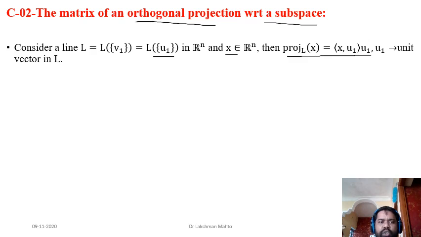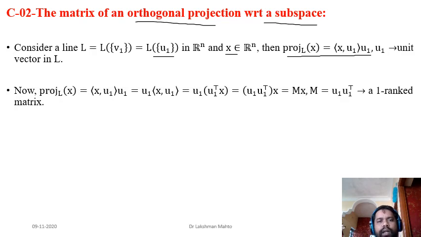Okay, and u1 is the unit vector in the line L, or you can simply say that u1 is the direction of line L. Now, how can you find the matrix? Also, this projection is an orthogonal projection. It is a linear transformation. So if it is a linear transformation, our job is to find the matrix of that linear transformation. And we will see how easy it is to find it with respect to an orthonormal basis. So the projection of x over a line can be written as